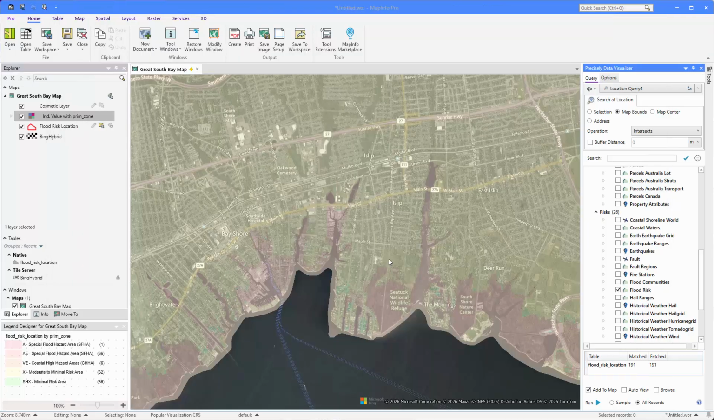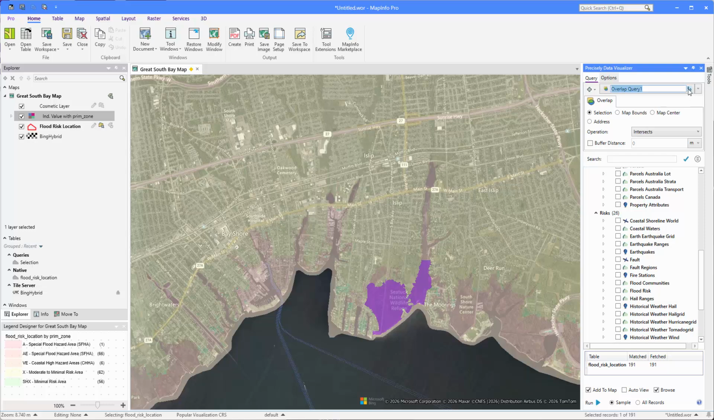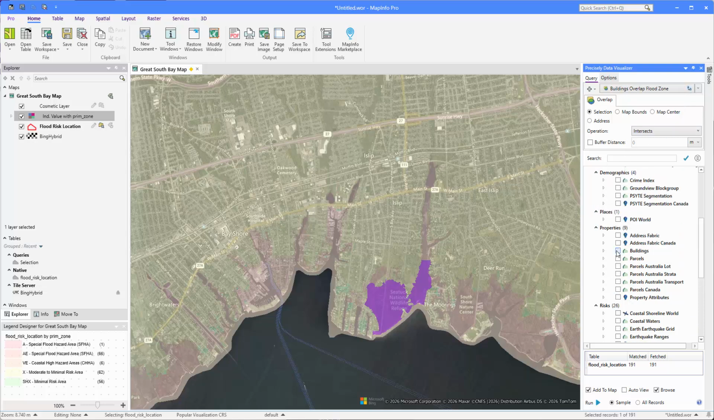I select one flood zone to find overlapping buildings for, and then I create a new overlap query to compare against my selected flood zone. I name this query Buildings Overlap Flood Zone. I only want to compare the flood zones to the buildings. I could also have chosen to compare it to the parcels, but in most cases, the buildings represent the value that has been insured. At first, I break down a small sample